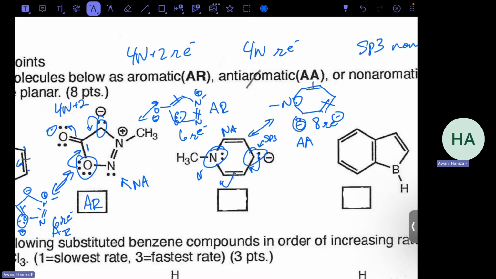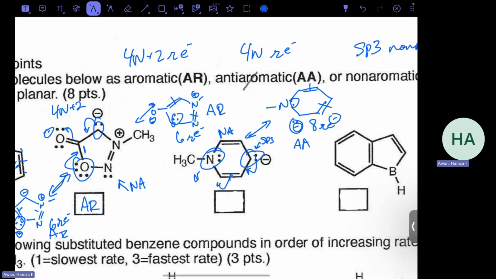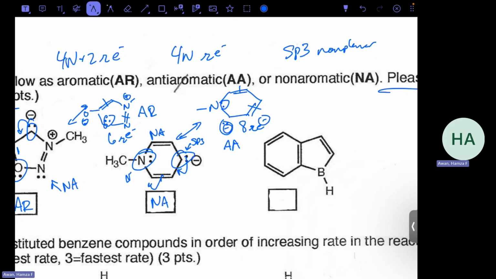So because they're sp3 hybridized, they run the chance of being non-aromatic rather than being anti-aromatic, which is very unstable, right? So because non-aromatic is the more stable of the two, we're going to call this non-aromatic. Okay, and for the last one,